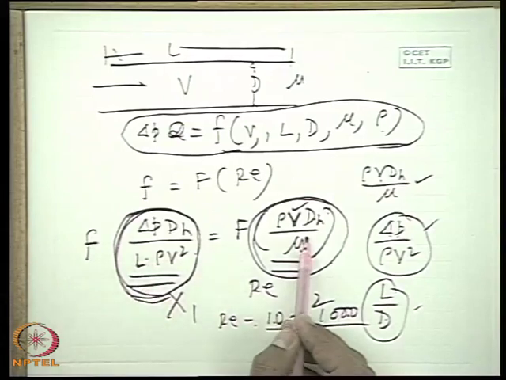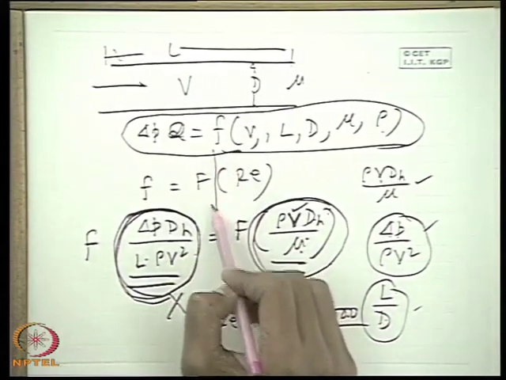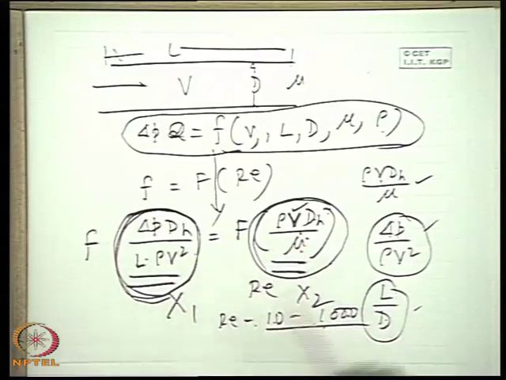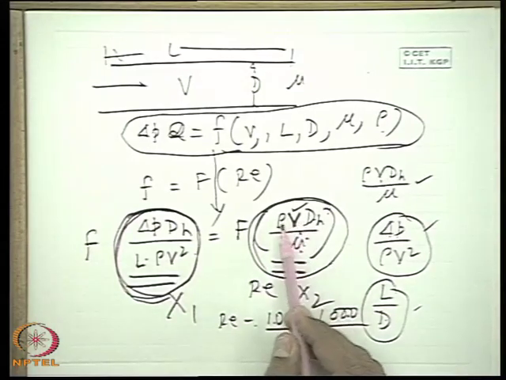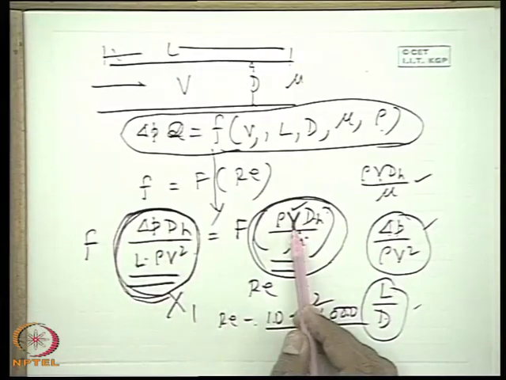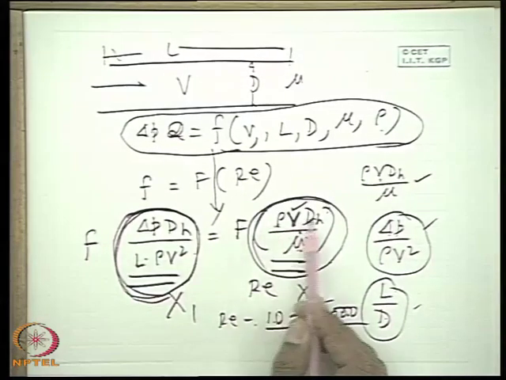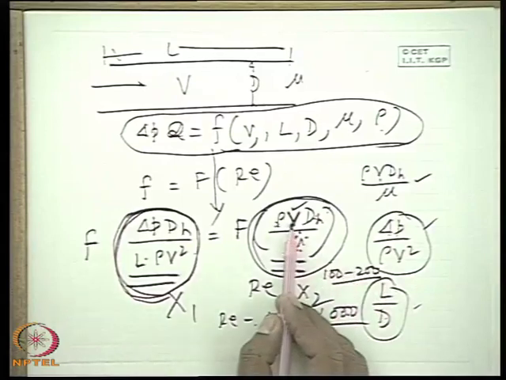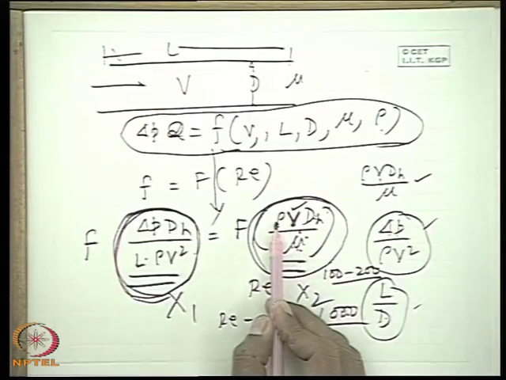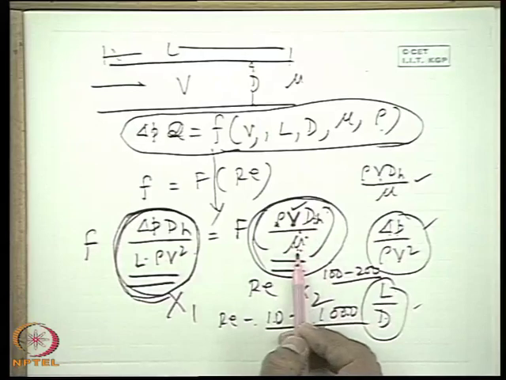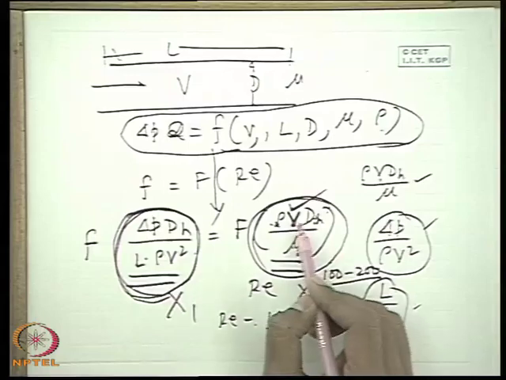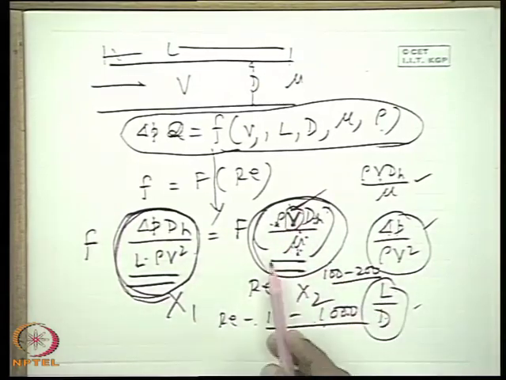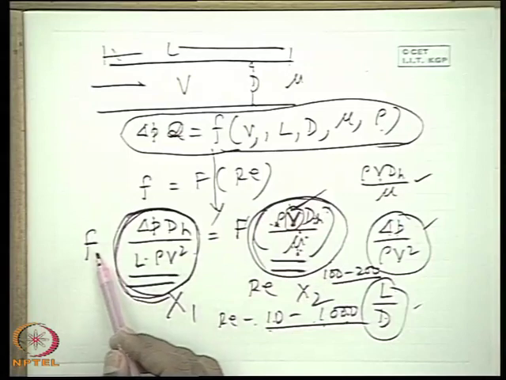But if it is possible to express the same phenomena by these two dimensionless parameters, that means it is possible to predict the variation of other variables from the variation of V only, because a change in RE may be effected by a change in any of the parameters. If I say that RE is doubled from 100 to 200, it may mean that it is doubled either by doubling velocity, or by doubling density, or by doubling diameter, or by halving the viscosity. So it does not matter which one has been changed. That means by varying one parameter, it is simple to vary the velocity of flow. We can cover a range of Reynolds number and we can predict the friction factor.